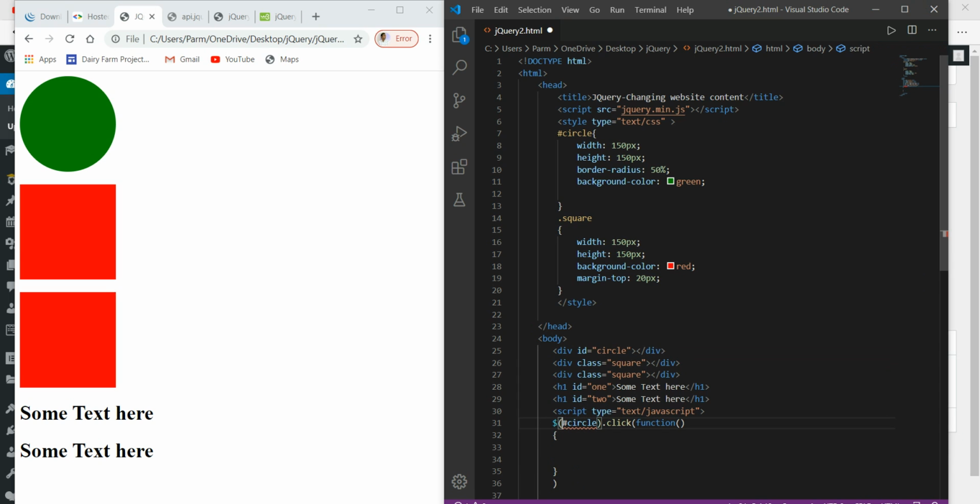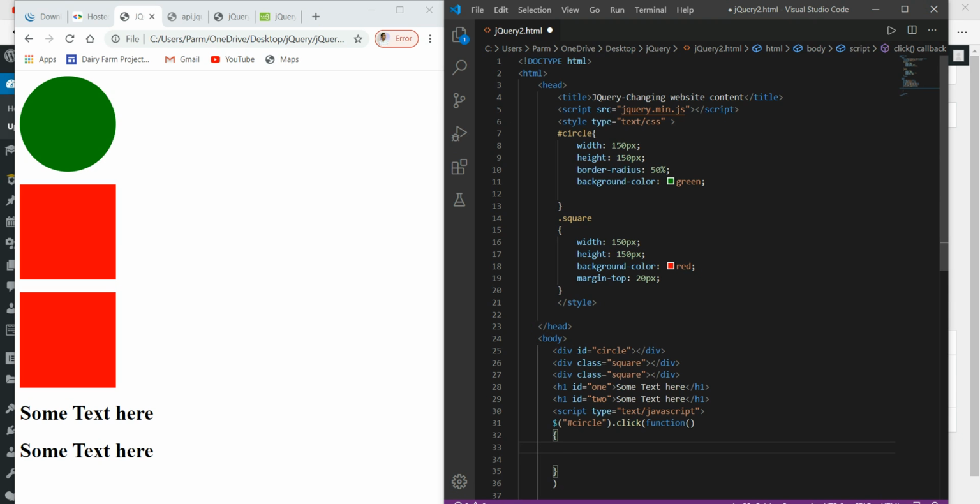This has to be given in double quotes, that's why it's showing an error. Okay, this is a string, as we know. So here we have to write an event for this. What we want is, if we click on this circle, this text should change to say that you have clicked on a circle.